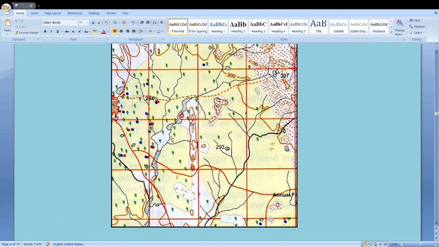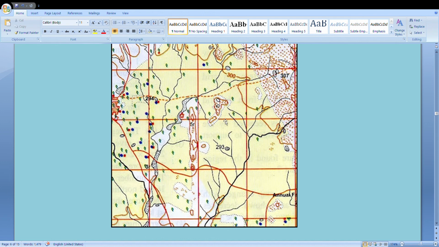Like you can see trees here, wells here, a red line showing a cart track, this showing a sandy bed, sand dunes, then a settlement, a small house, a temple, and 5R is the relative height of this area. 293 can be a benchmark, and 300 is a contour line. So it is showing all man-made and natural features in detail. This is a topographic map.